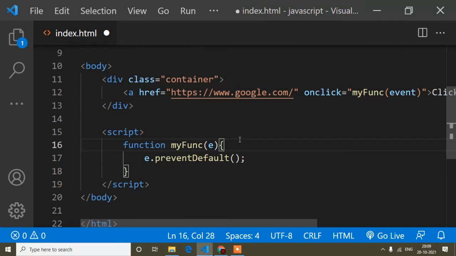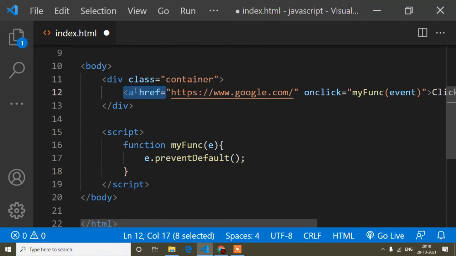So prevent default you have to remember, again I'm saying, it just blocks, you can say prevent or block, the default behavior. Suppose the default behavior is like when I click the anchor tag, a loader comes, right? Then it would block the loader.